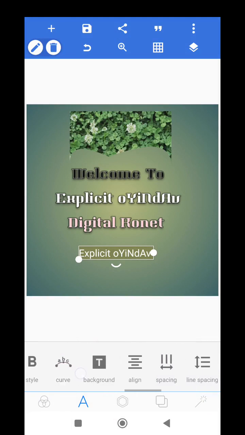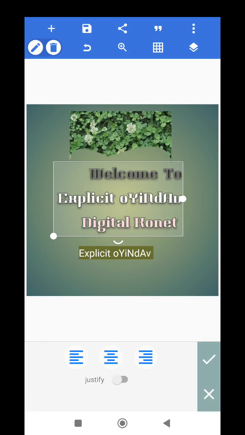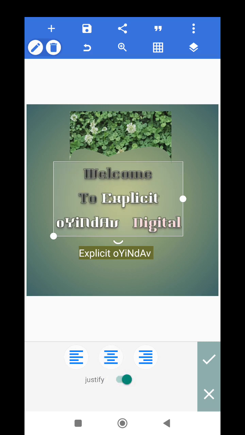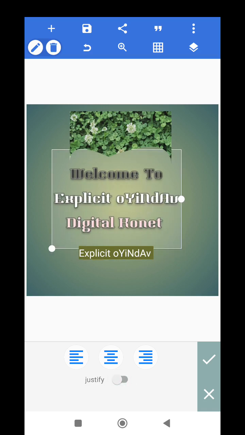So that's that. Then for the align, let me use this one because the text here is much. So align, I can align to my right hand side, to my left hand side, or to the middle. Can we see? I can justify by pressing this, but let me not justify it. Let's just leave it like this. Okay,